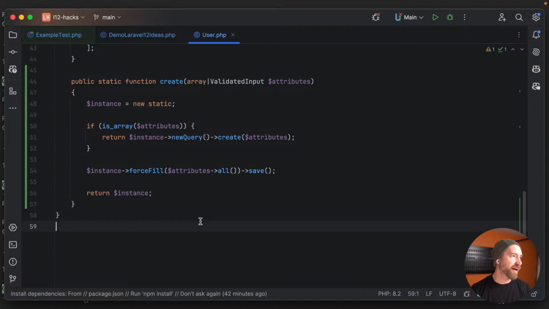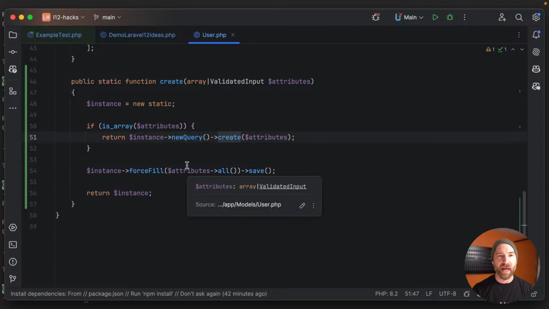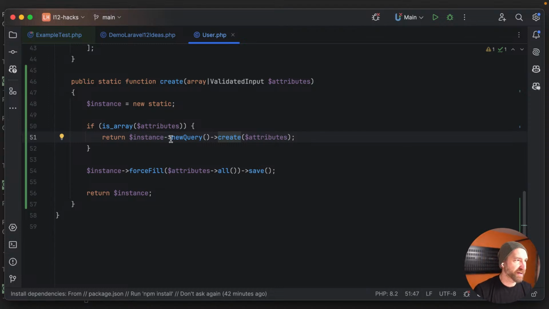You can basically say, make a new instance. If it's passed an array, meaning the current Laravel behavior, then we're just going to pass it along the same way Laravel would, directly to the new query create method. Now we could forward the call the way we wanted to, but you know, it's whatever you want. It's six in one hand, half a dozen in the other, right? It should be equivalent, and we can test that here in a second if we want to. Otherwise,